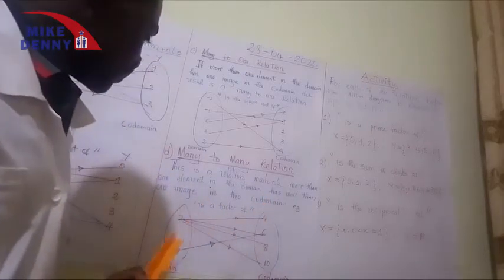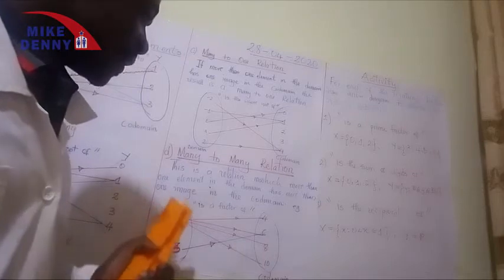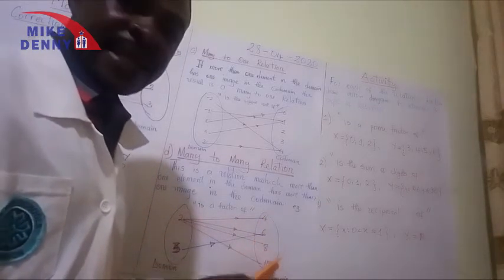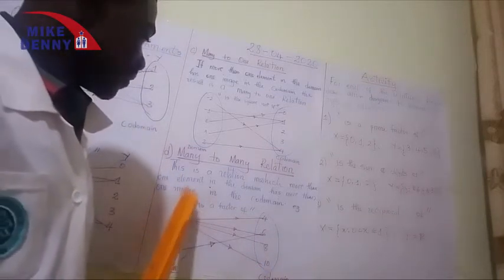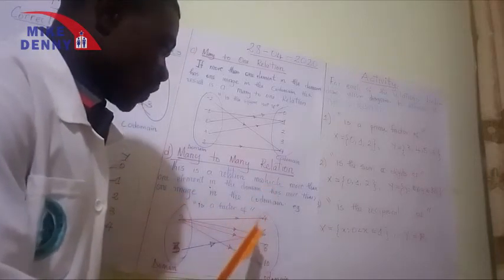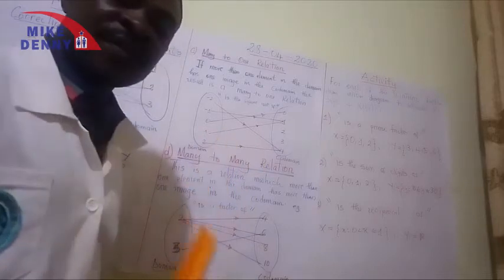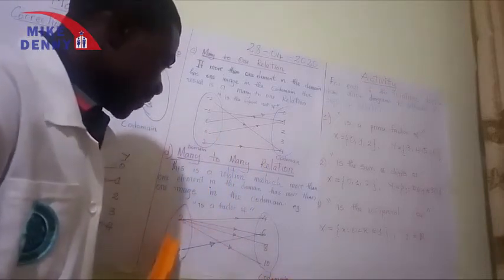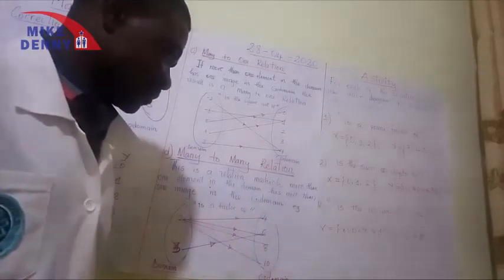So at this point, I have my domain with 2 and 3, and my codomain has 4, 6, 8, and 10. Okay, now I start the map. We are dealing with the relation "is a factor of". 2 is a factor of 4, 2 is a factor of 6, 2 is a factor of 8, 2 is a factor of 10. That one is clear now, we know that, right? Now we go to the next, 3. So 3 is a factor of 6 only.